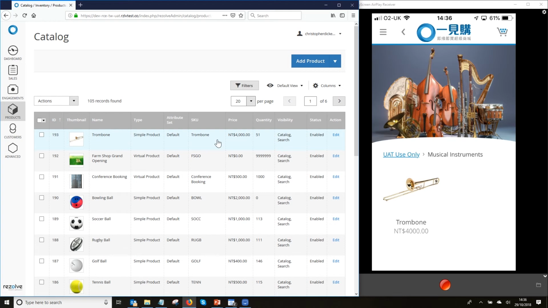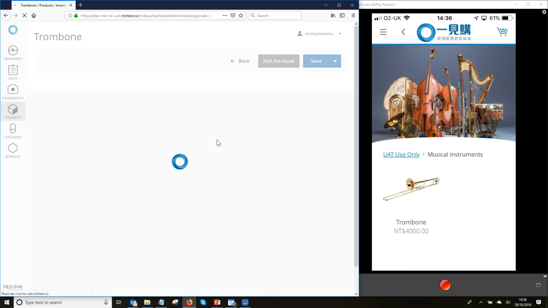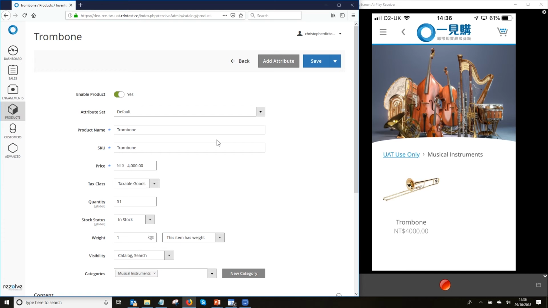Here we are in the product list. Here is our product that we added. And we're going to go back into it now to edit it just by clicking on it in the product list. And what we're going to do is ask just an extra question when people are shopping, which is useful to know for us as a